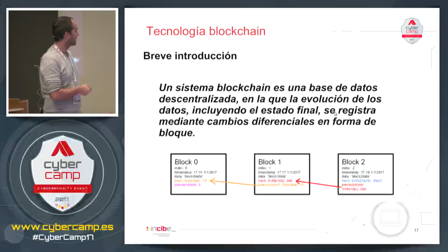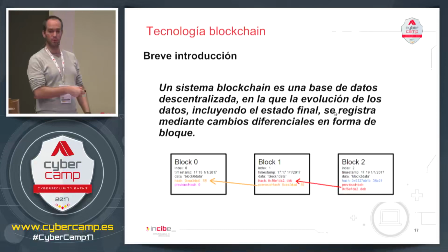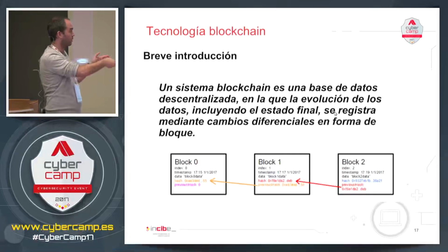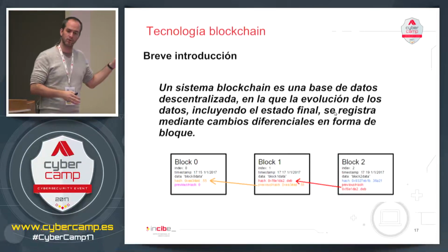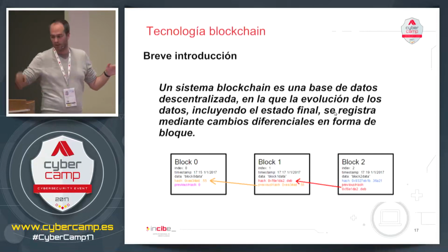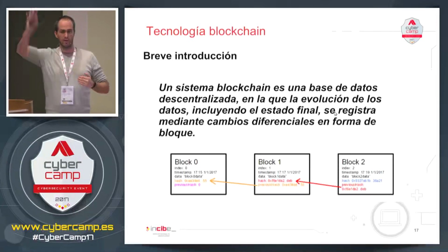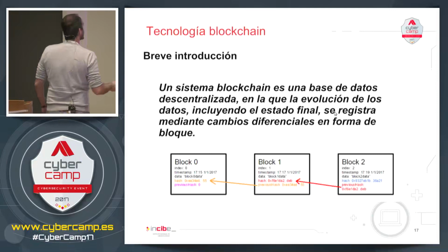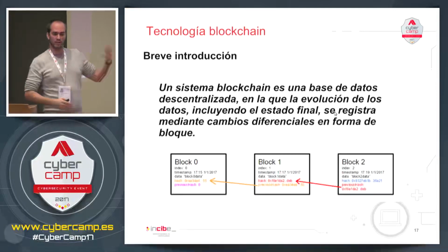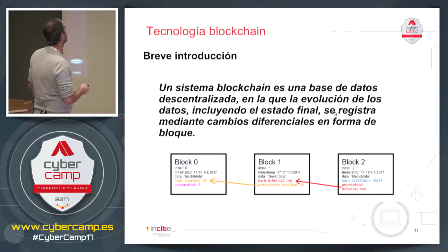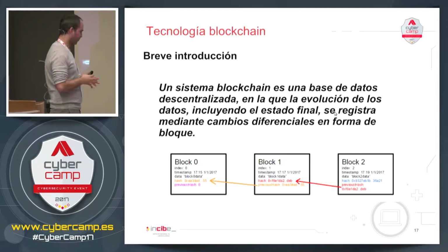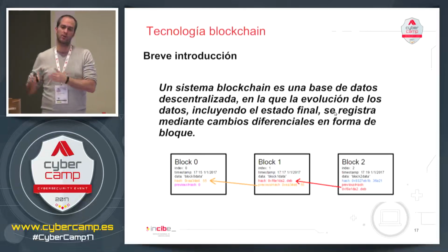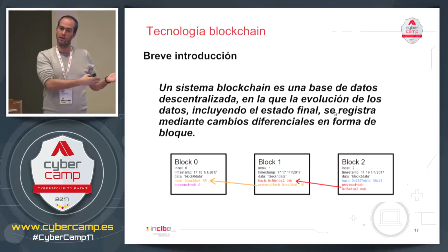What happens? If anybody modifies block 1, because block 2 has a hash pointing to the hash value of block 1, then block 2 says, no, block 1, the hash of the block 1 you're giving me doesn't coincide with the hash of block 1 that I have stored in my block 2. So there's a problem. Somebody is trying to cheat me. That's why it's called blockchain. It's a chain of blocks that are linked with cryptographic hashes. Why is this structure being used today? Because in each of these blocks, the changes are stored with regard to the previous blocks.